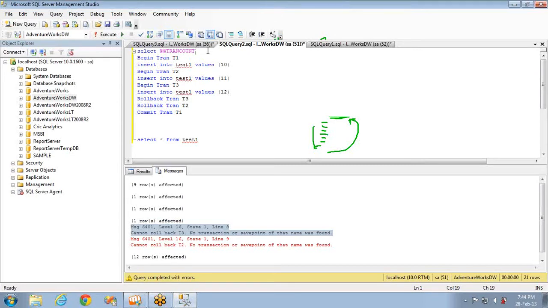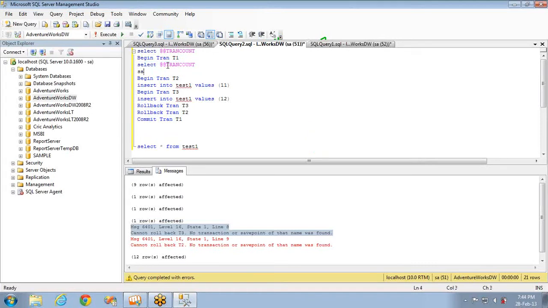Now I have a select trans count at the start, and I'm beginning a transaction T1, and I'm selecting the trans count here. Now here I'm giving a save point. I'm saving the transaction up to here, that is save tran test1, the name I have given.